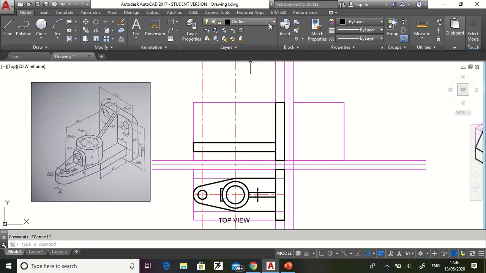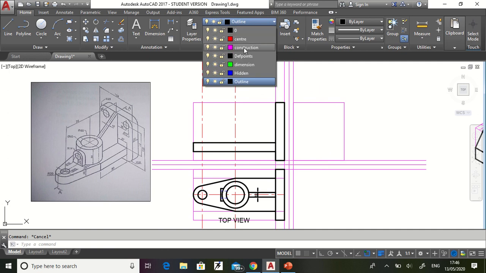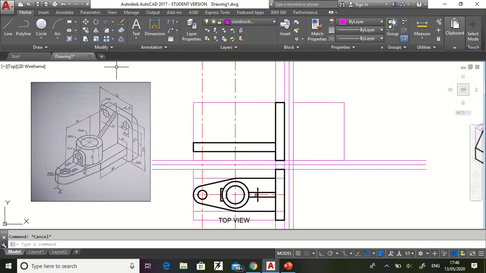Then from the layer, select construction, then draw a construction line from this as a reference. Then I can copy from the base point this and this, then the projection of this circle and this circle.